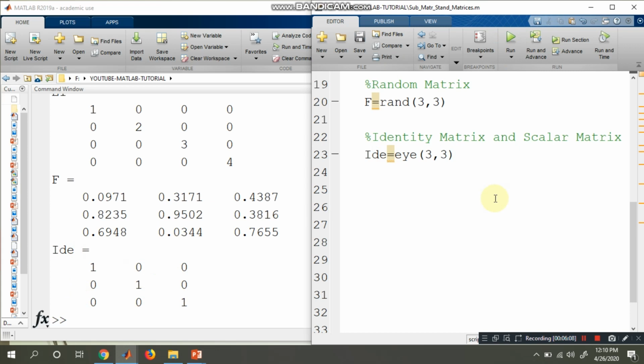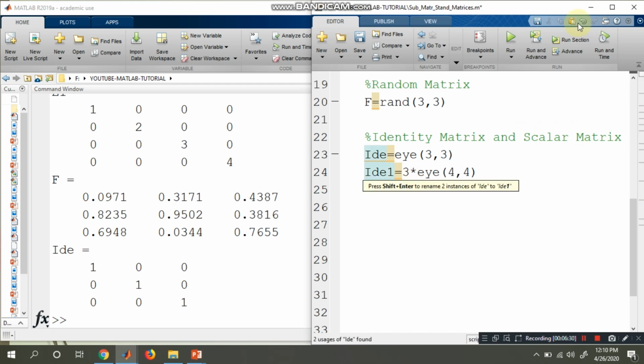The same way, suppose you would like to find a scalar matrix, a matrix whose diagonal elements are a certain constant, suppose 3 times the identity matrix of 4 by 4.